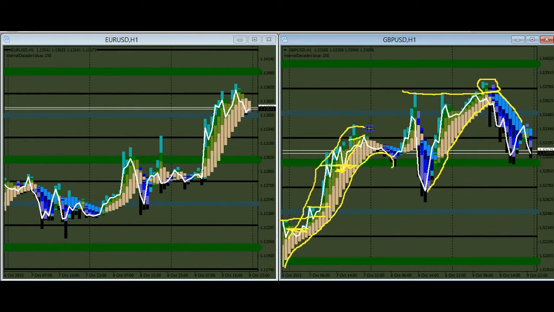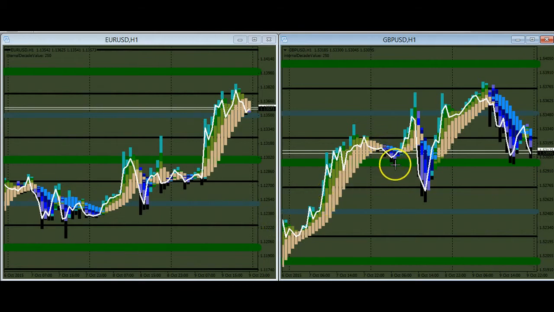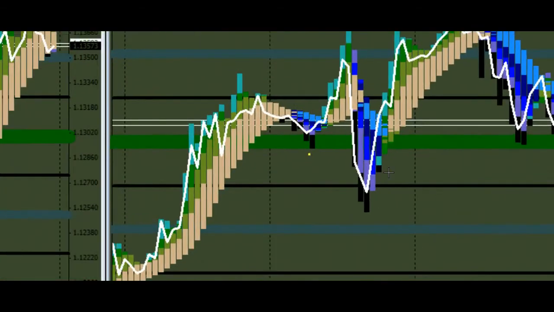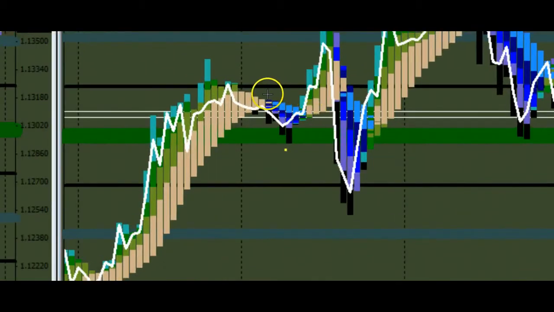You come into Asia, a little cut back. When it drifts back there, you can see the unique, oh jeez, here we go, unique hammer here. So if you have a buy stop sitting on top of this,